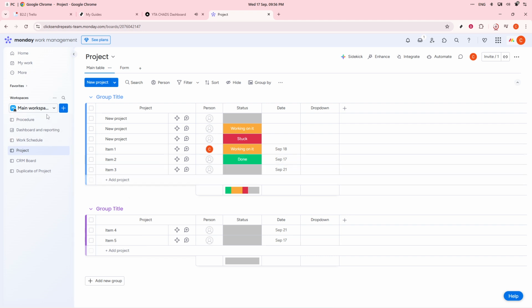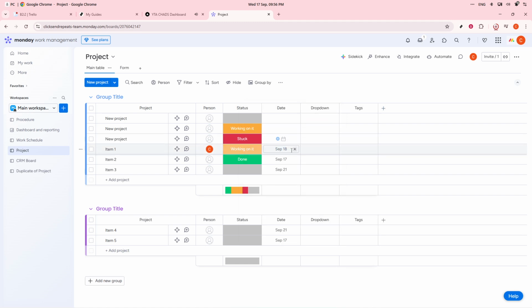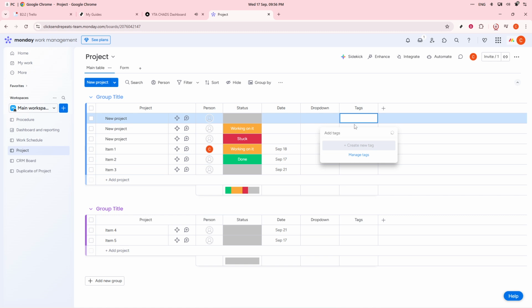Open your board and look for the plus add column button, which is generally located at the right end of any existing columns on your board. Click on it and you'll see a variety of column options. Among those options, select Tags. With your Tags column now added, you can proceed to name it based on your needs. For instance, you might choose names like Priority, Category, or Project Type, depending on what you aim to categorize or